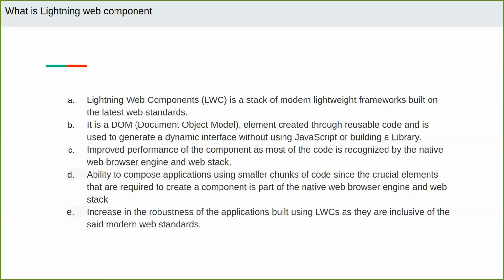So we can create a robust web application using LWC. If we talk about the Aura component, we can also make a robust application, but in LWC we can create a robust application in a more efficient way.